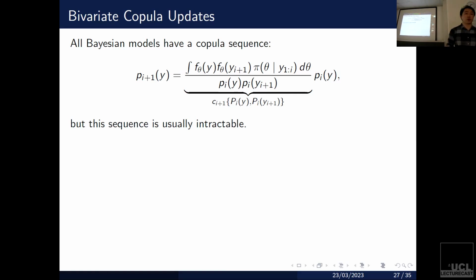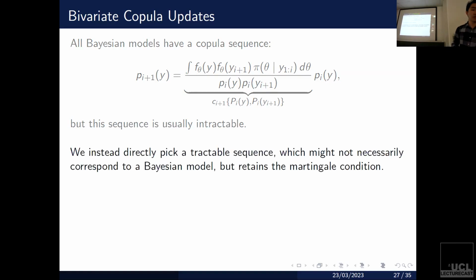Now, pointing out the subscript i plus 1, it's a sequence because at each time point, the copula doesn't necessarily have to take the same form. I'm going to give an example on the next slide of what this looks like. But in general, if your prior is what you choose and the likelihood is some fixed form, these integrals are probably not going to be tractable. And that's exactly the problem with doing Bayesian inference this way. You can't actually compute these copulas, so it's not very useful.